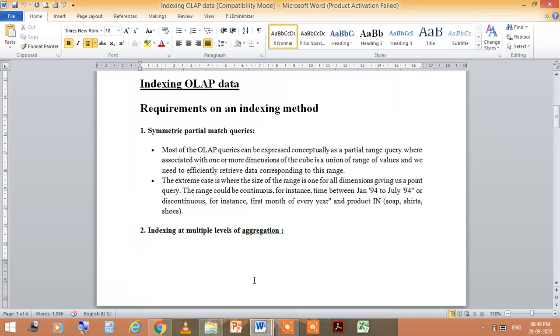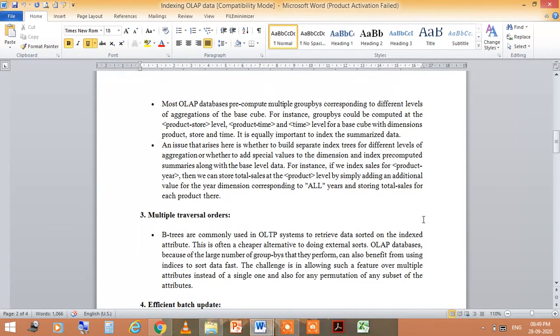The second is the indexing at multiple levels of aggregation. In this, most OLAP databases pre-compute multiple group bys corresponding to different levels of aggregation of the data of the base cube.